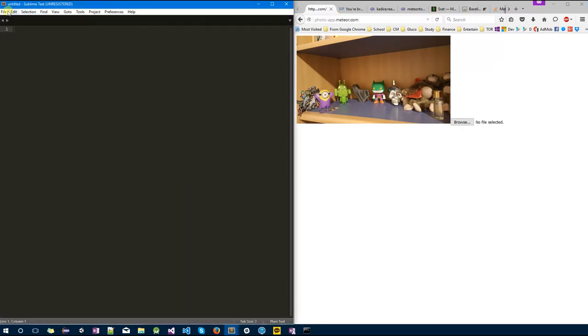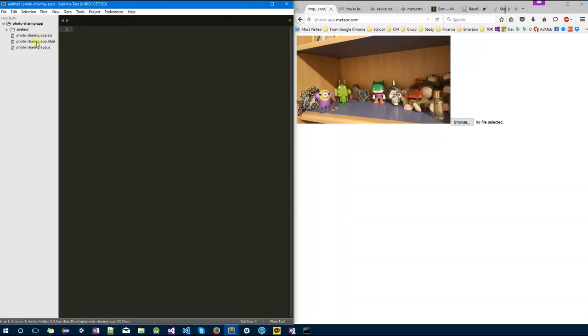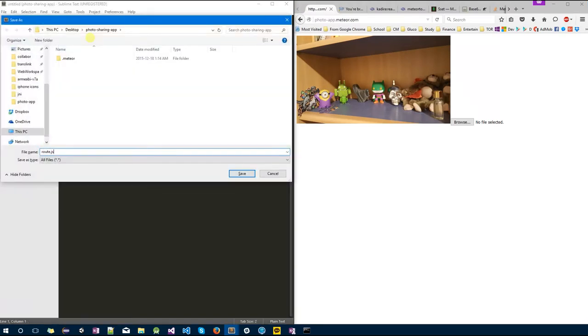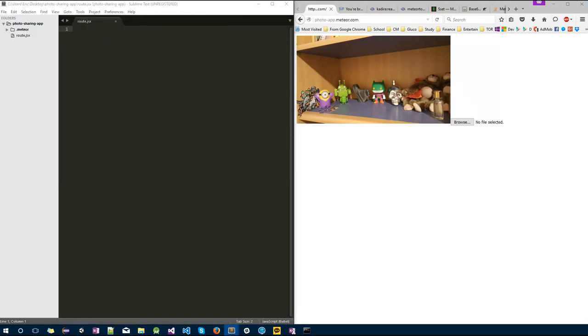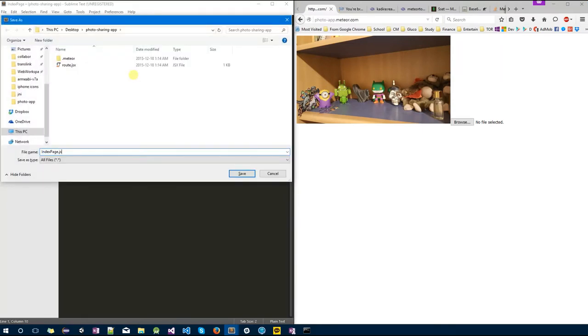So first, go to your Sublime, open folder, and go to the app that you just created, which is photo sharing app. And then you can go ahead, delete all these 3 files, and we're gonna create route.js as before. And I'm not gonna explain this one now, so you can go check out my first video for the rest of the things, for how the flow router works. And I'm gonna create index page.jsx